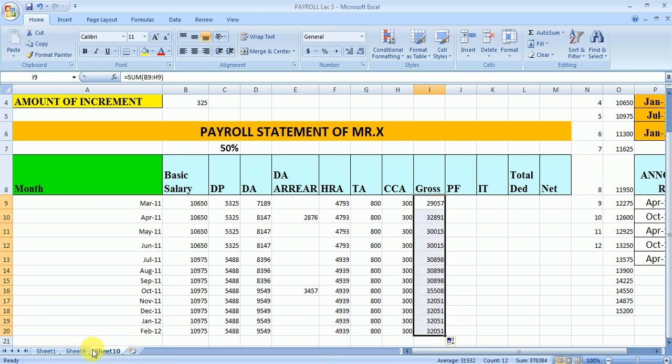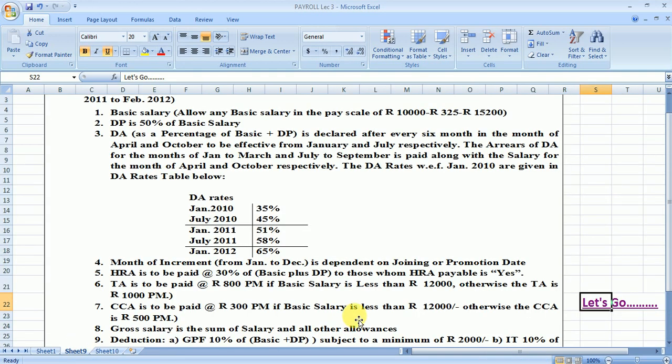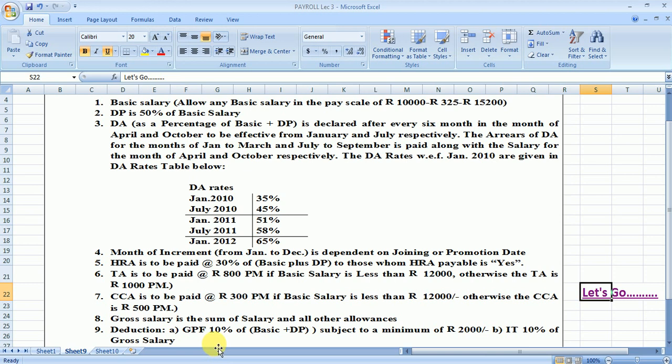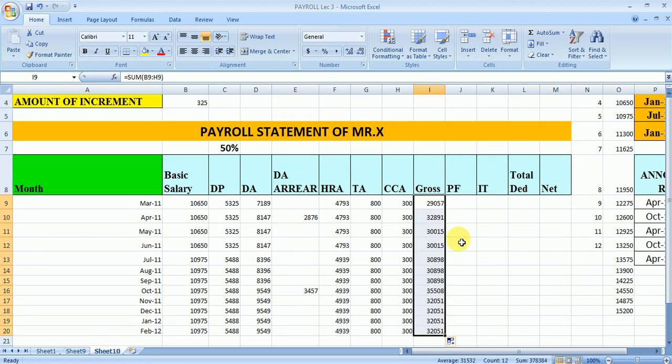Now we'll move to the calculation of PF. The condition for the PF is that PF is 10% of basic plus DP subject to a minimum of 2,000. That means we are paying 2,000 or 10% of basic plus DP, whichever is less. Here we can use the max function.